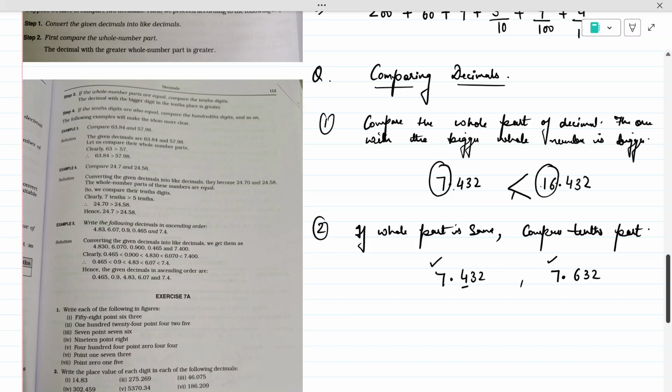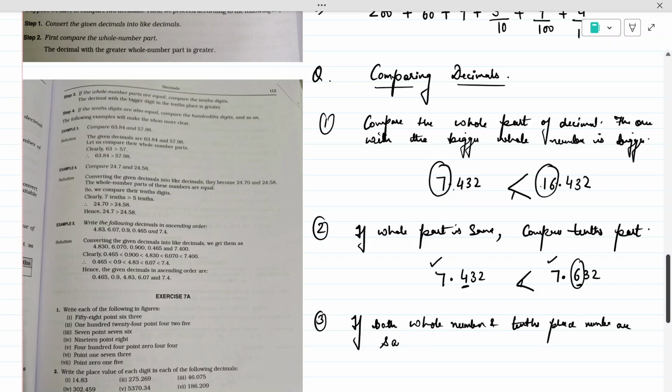Now we are going to compare the number at the tenths place. Here we have 4, here we have 6, and we know 6 is greater. So this number would be greater. Okay. Third scenario, if both the whole part, or you can say whole number, and the tenths place numbers are the same,